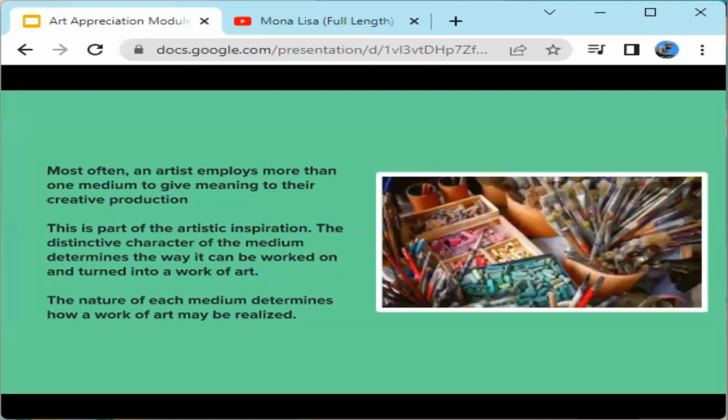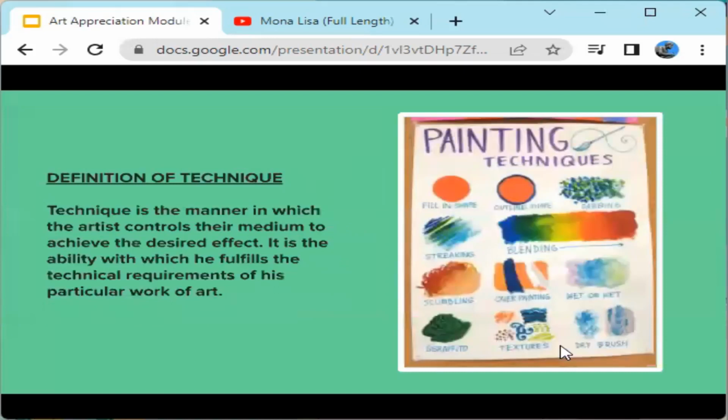And then, once they have selected the medium, they have to also think about the technique. Paano ko gagamitin yung medium na pinili ko, no? So, dito papasok ngayon yung technique. Nakapili na ako ng watercolor. Ngayon, paano ko gagamitin yung watercolor? That's the technique, no? Technique is the manner in which the artist now controls their medium to achieve a desired